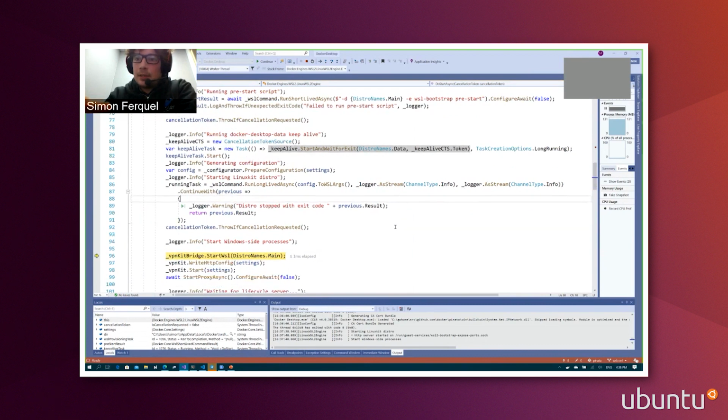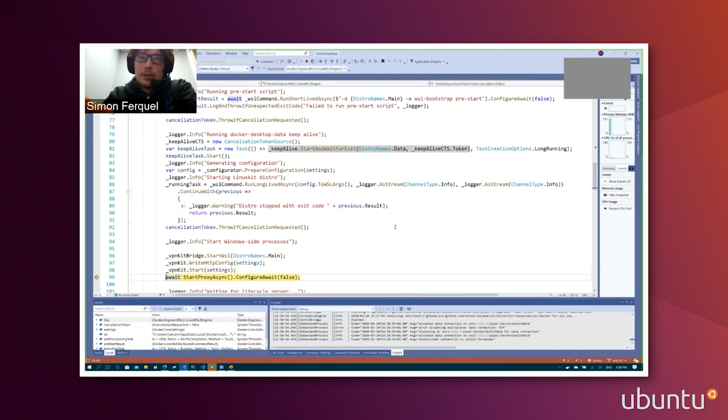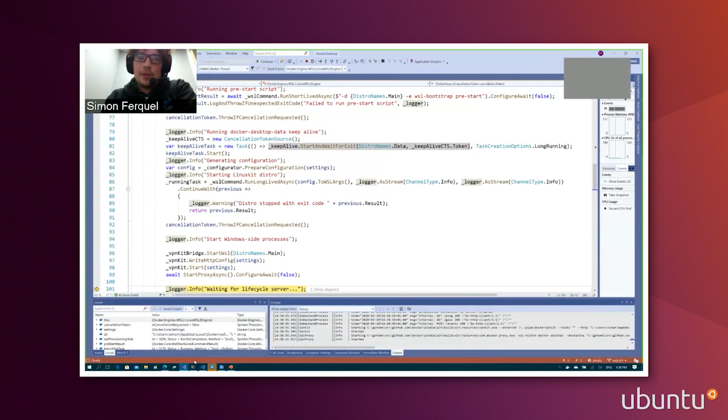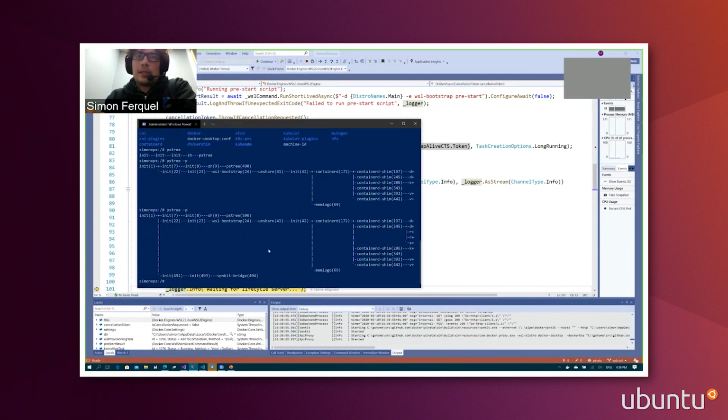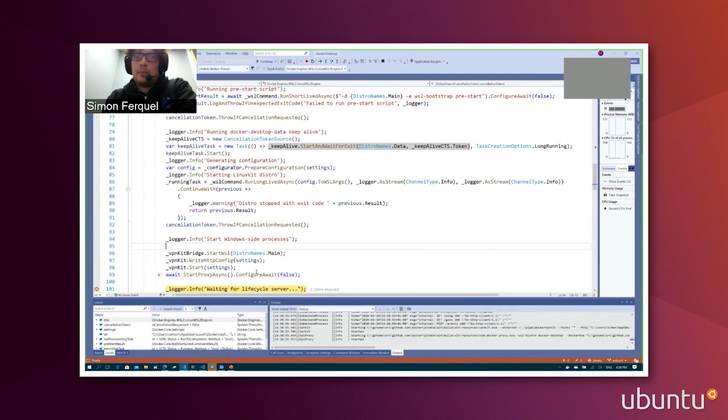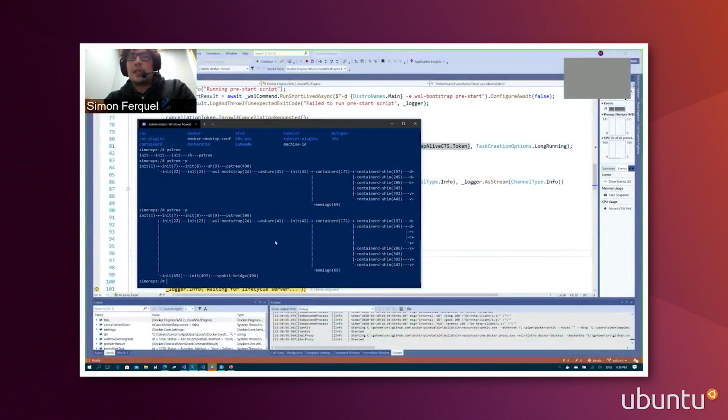Also, let me start a little bit more things there. Yeah, so I started a little more things, and you can see that I've started VPNKit bridge start WSL. So this thing has started the VPNKit bridge process, and what it does is that it will actually